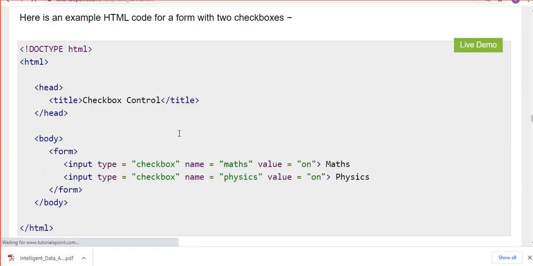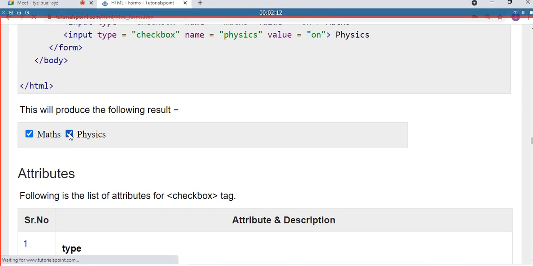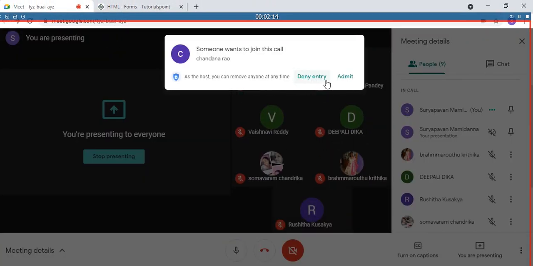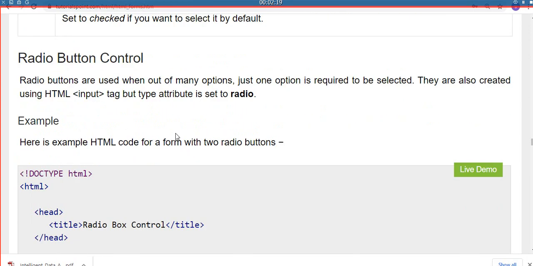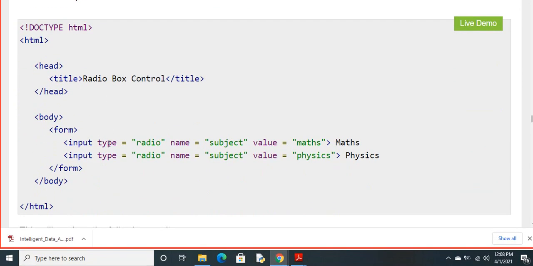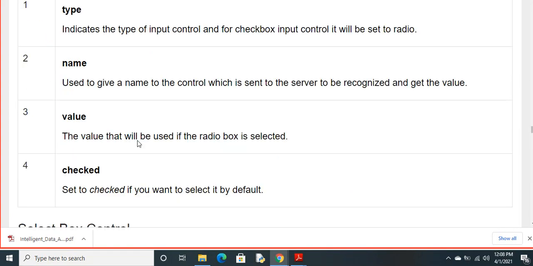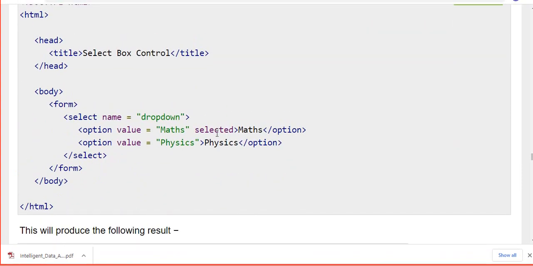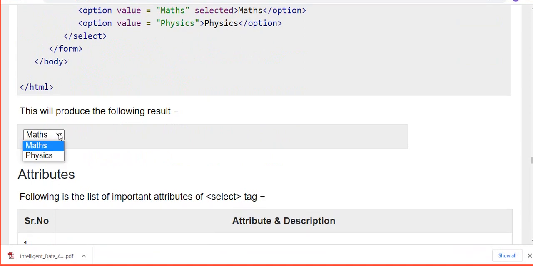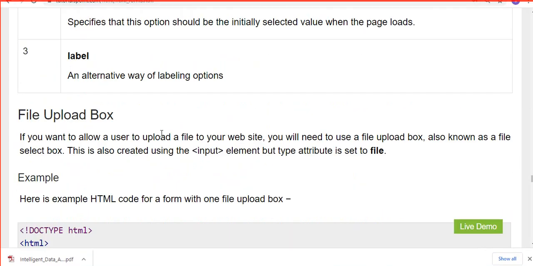And we have checkboxes: input type equal to checkbox, so we will get checkboxes like this. And radio button: input type equal to radio, then we will get radio buttons, either this or this. And we have a select box which is already discussed. If you have written selected, we'll go with this. This is called a select box, with multiple options that we can go with.